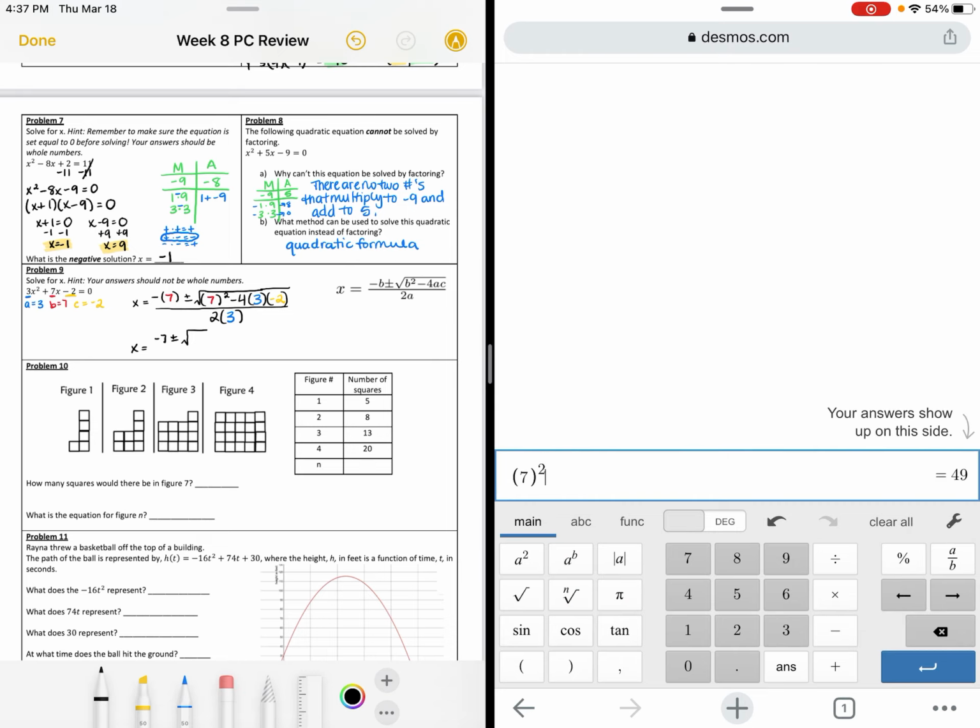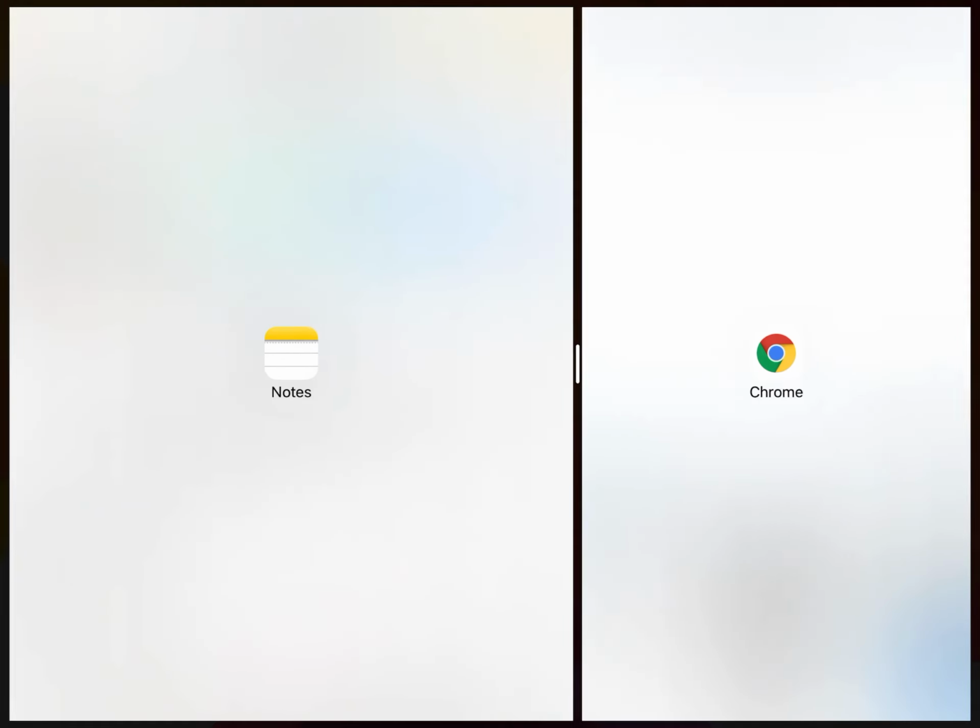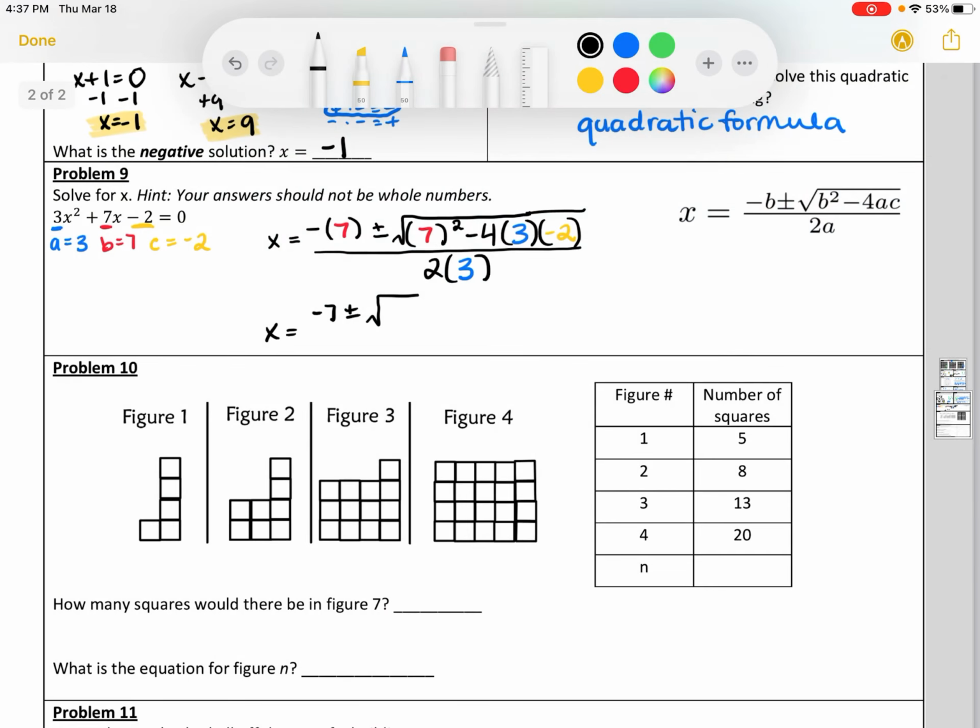Parentheses, 7, parentheses, squared, minus 4, parentheses, 3, parentheses, negative 2. That gives me 73. I don't think I need the calculator anymore. So I got 73, and then 2 times 3, that gives me 6. My lines are not very pretty today. All right, that's it. Oh, well, then I have to write it both ways because I have a plus sign